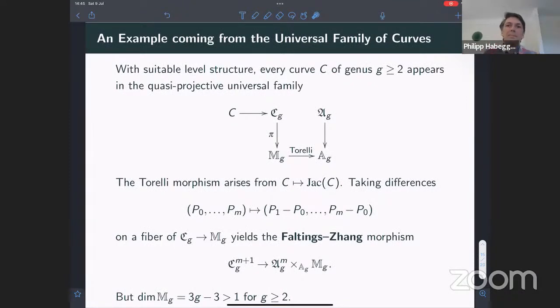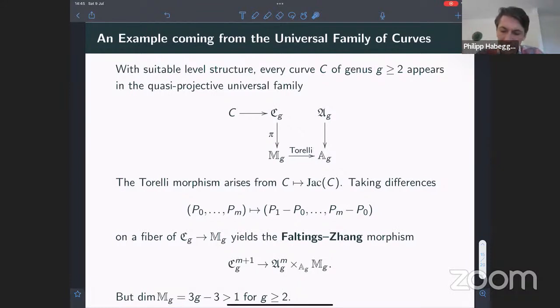So after that, we were interested in what happens over higher dimensional bases of families of abelian varieties, and I'd like to motivate why this has interesting applications by the following slide. So if we go back to our original question on rational points on curves of genus at least 2, then,